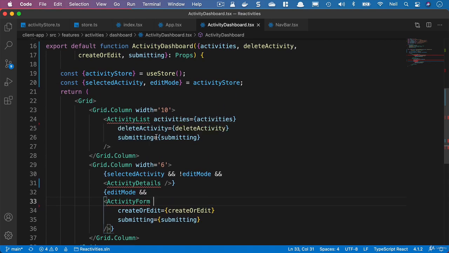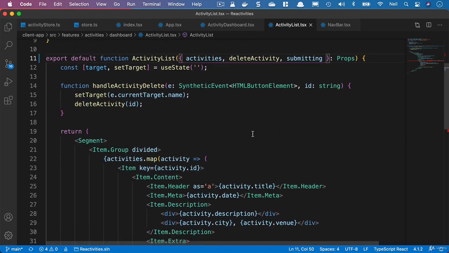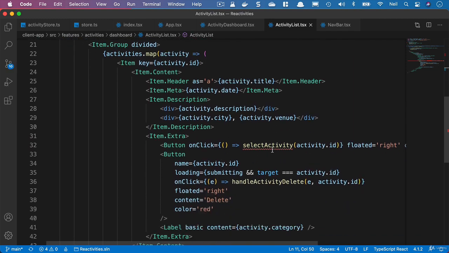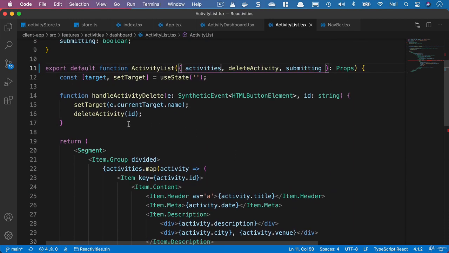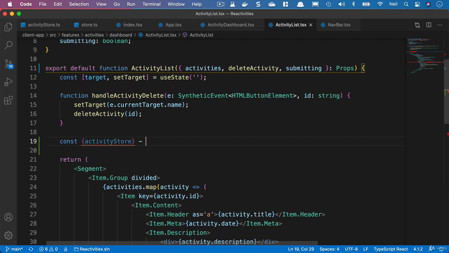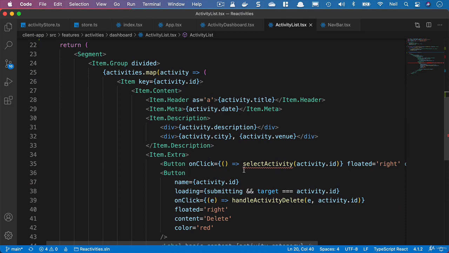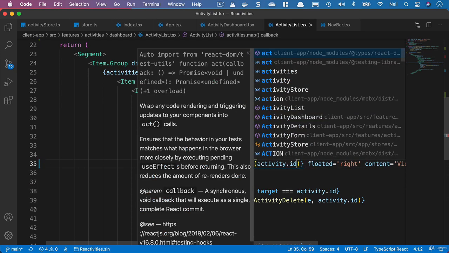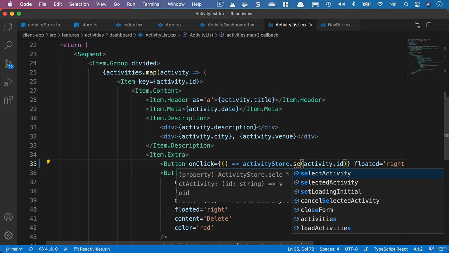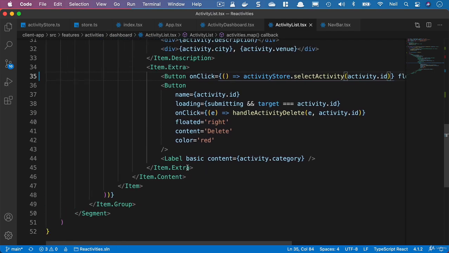We've got some things to clean up still. So inside the activity list, let's just go here first of all, and we don't need the function to select an activity, so let's remove that. And inside here, what we're going to need to do is get this from our activity store. So once again, we'll say const activity store equals use store, and then we can just specify that we want to use our activity store.select activity method, and of course this still takes the activity ID,